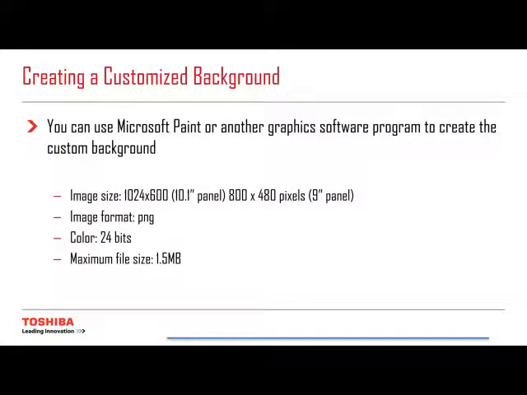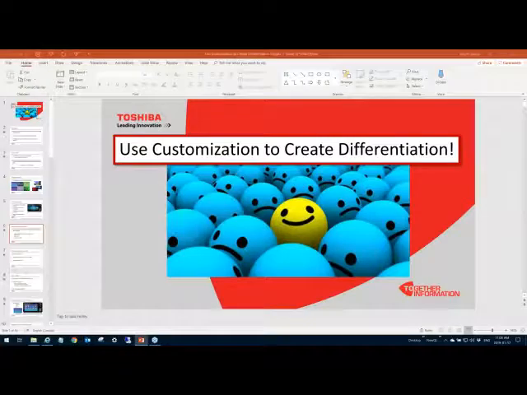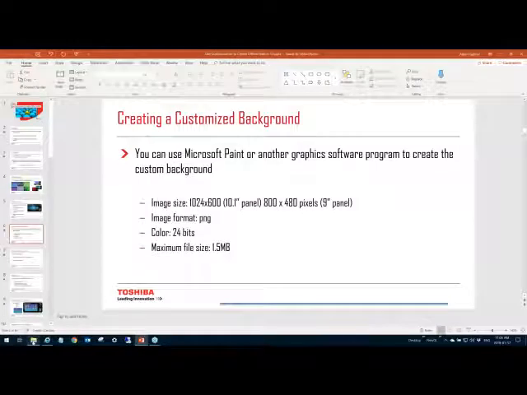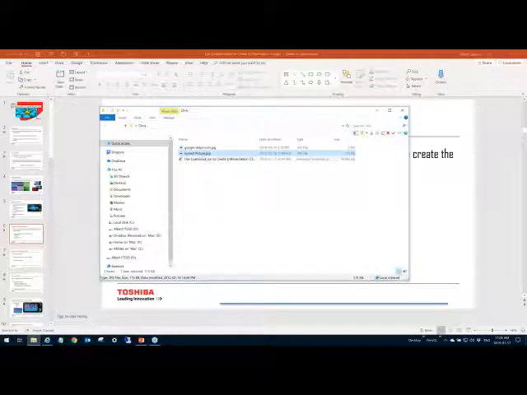There are some restrictions or limitations on the type of file that can be uploaded if you're going to upload your own image. The easiest way to do this is to use Microsoft Paint, which is a utility that comes with Windows right out of the box. So I'm just going to exit out of the presentation for a second and show you how easy it is to do. As you can see here, I have a JPEG file called